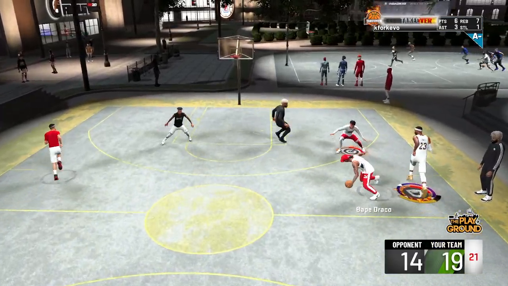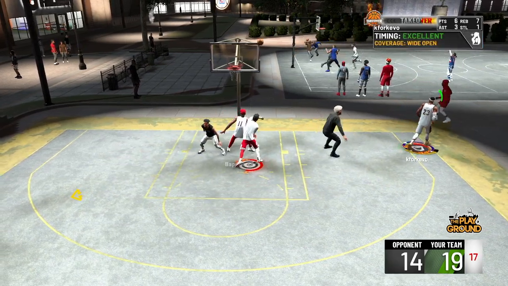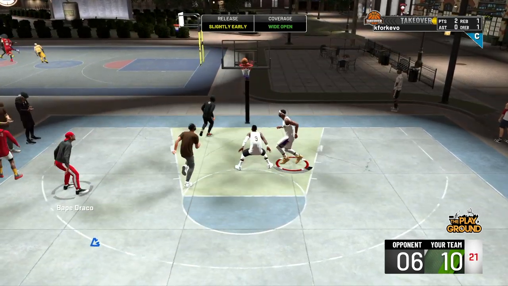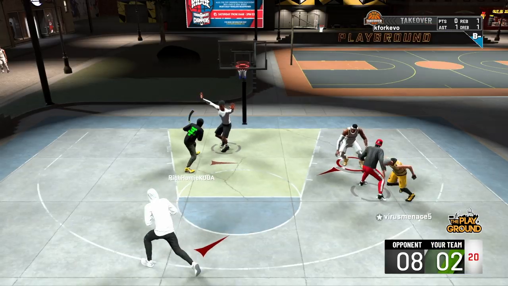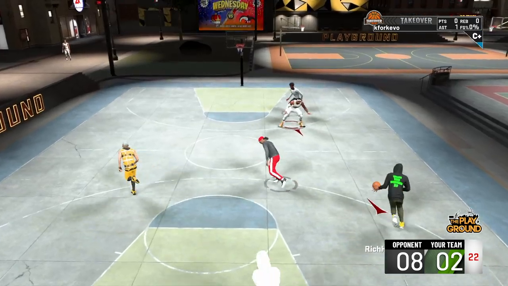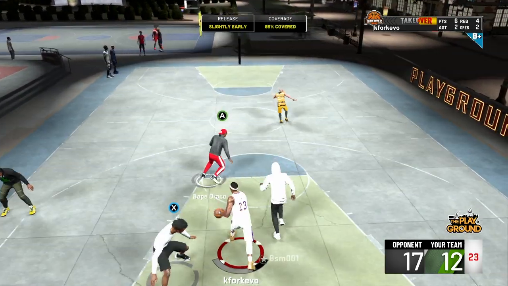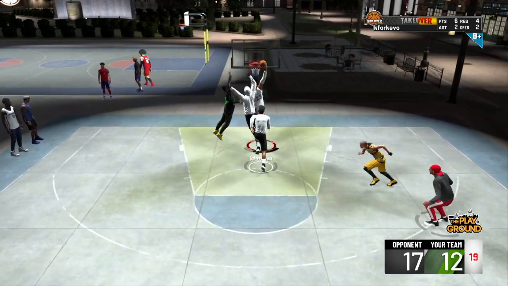Now, I know that sounds kind of bold to say that this is one of the best builds in the game, but if you just look on the screen, there's not a lot that this build can't do. This build can snag over pretty much any type of build, even without any rebounding badges, especially if you have good positioning. This build has great defense, and I'm not just talking about steals and blocks. I'm also talking about the amount of shots that I'm contesting and altering because of my presence down low in the post. This build can finish around the rim if I need to, especially with that 84 close shot and